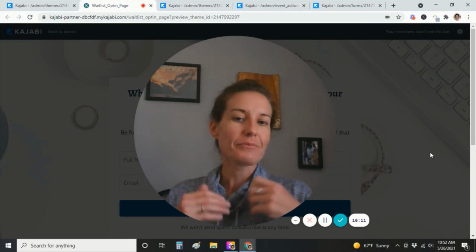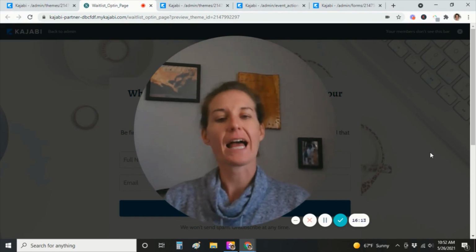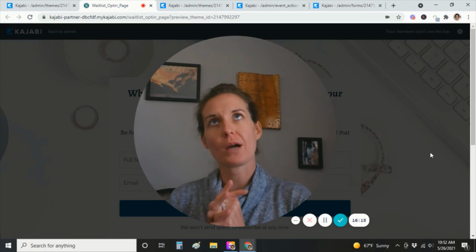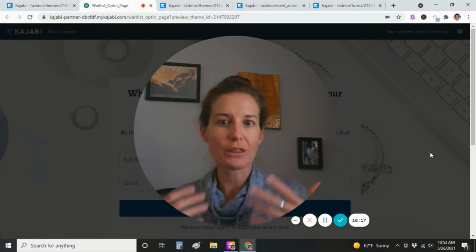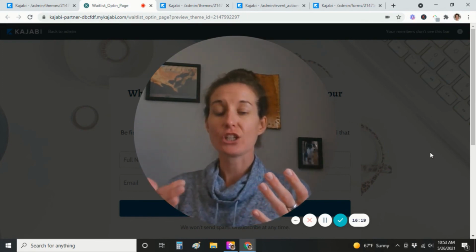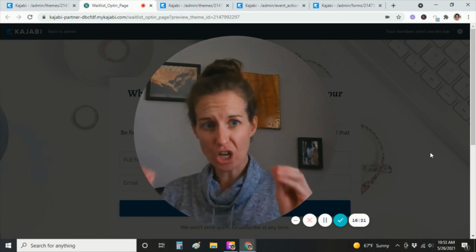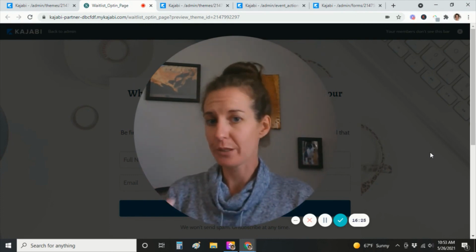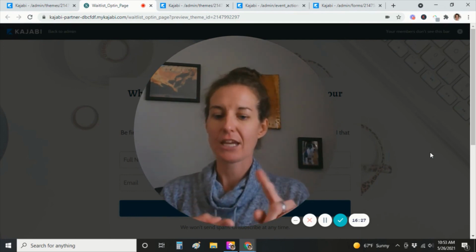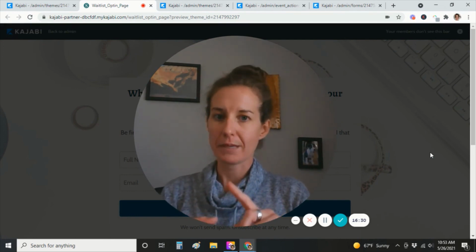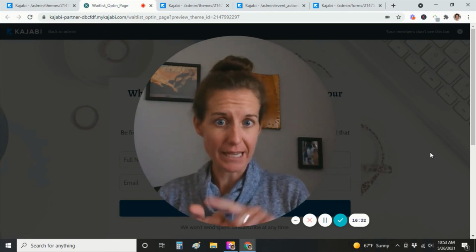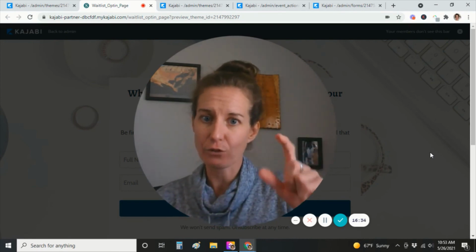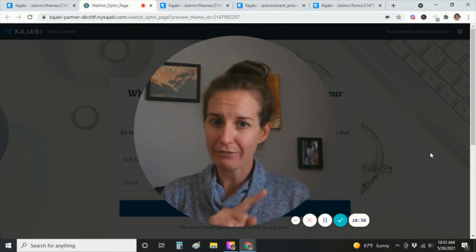So anyway, I hope that this was helpful. I think that one of the good things about setting up a waitlist page or going through something like this is that you're learning a lot about how Kajabi works and how all these different elements connect to each other. By creating your landing page, your event, form, email sequence, and setting up that automation so that when somebody completes a form, they are registered to an event,